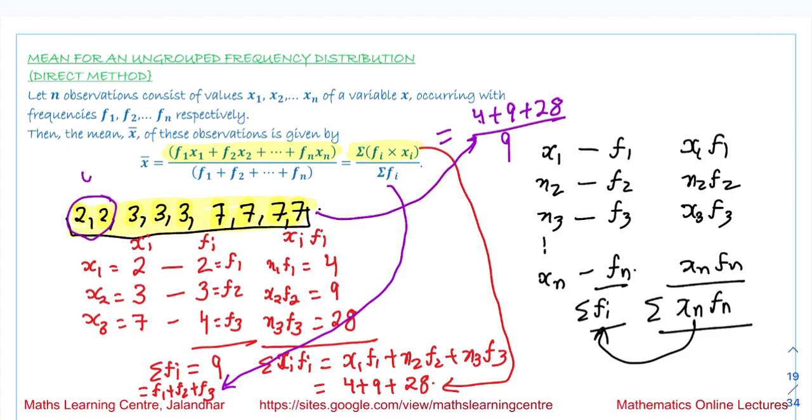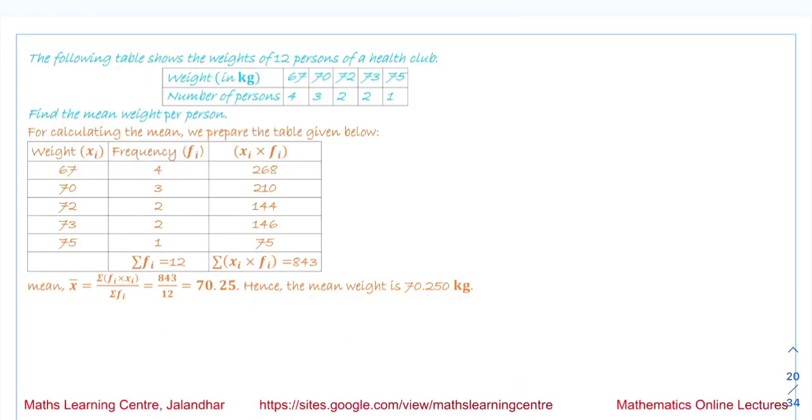2 plus 2 is 4. 3 plus 3 plus 3 is 9. 7 times 4 is 28. So basically we are doing the same thing here, but we are just writing it in this compact form: if the data is given in terms of frequencies, then we can directly use this formula. Now the question based upon this formula is that the weights of 12 persons of a health club